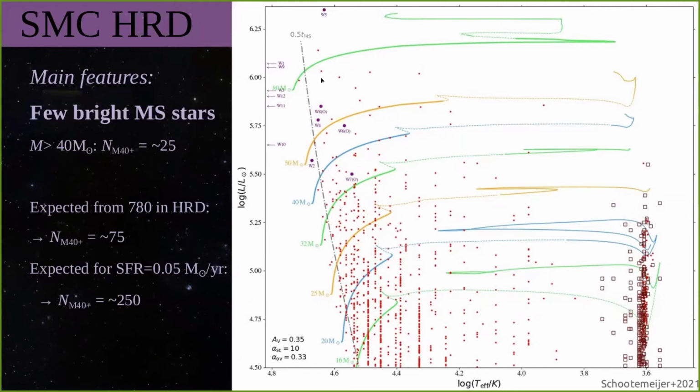We can compare that with some other estimates. For example, in the entire HRD, we have around 800 stars. And for constant star formation, with a Salpeter IMF, we would expect instead that 75 stars would lie above this 40 solar mass track. And if we use the same approximations, but assume a canonical star formation rate of 0.05 solar masses per year, we would expect even more